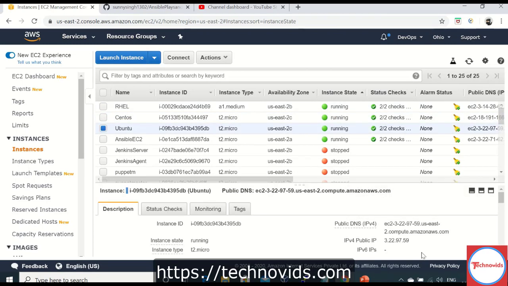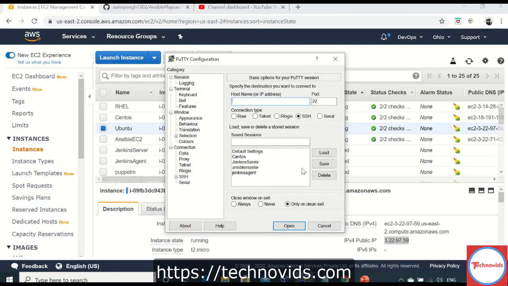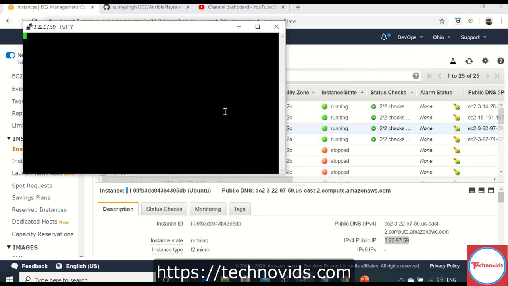Let me go to the Ubuntu machine. Let's log into this machine.